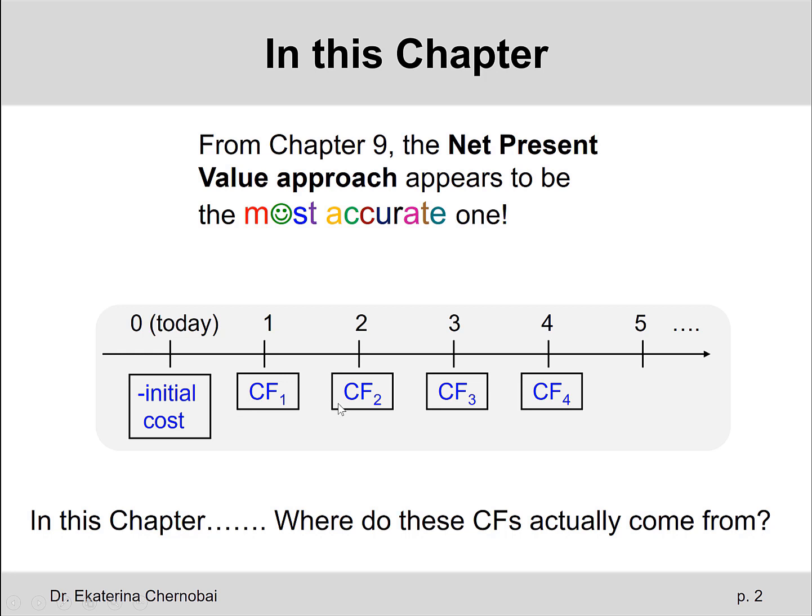And to give an idea of what will be going on in this chapter, maybe there will be, let's say, 10, 15 relevant pieces of information, relevant cash flows given to us for every year of a project. And we would need to know which formula to use in order to put them together correctly to give us that one final cash flow for each year, which sort of summarizes all the available information that's given to us for that year.